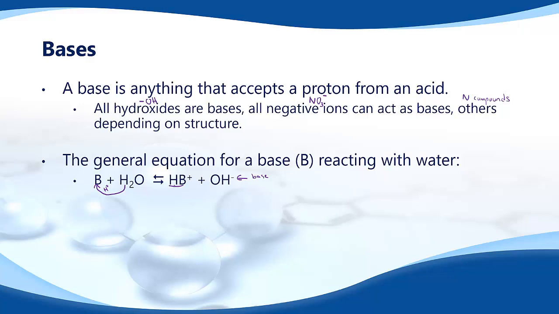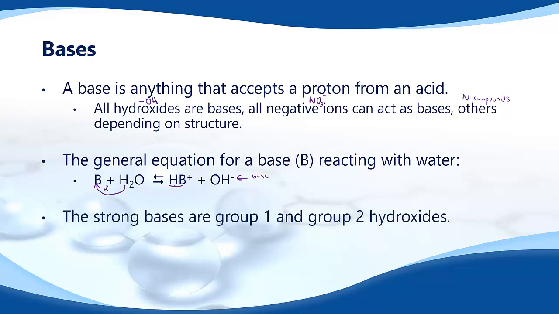And just like acids, we can have strong and weak bases. Our strong bases are group 1 hydroxides and group 2 hydroxides, right? So for a more exhaustive list, we're talking lithium hydroxide, sodium, potassium, rubidium, cesium, francium. And then our group 2s, we're talking about